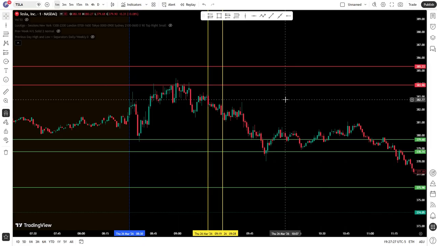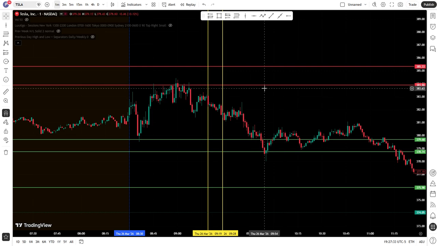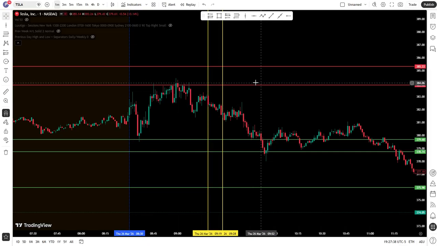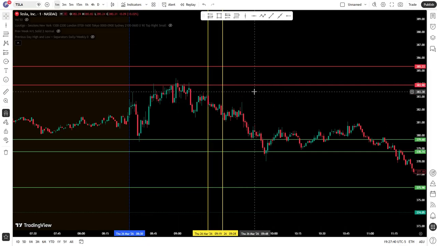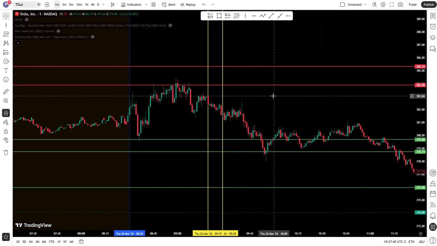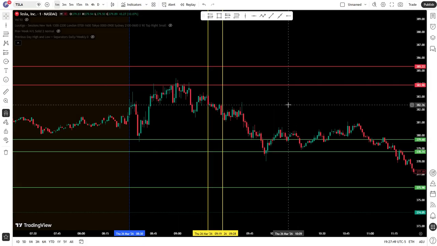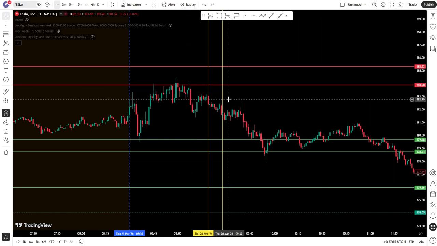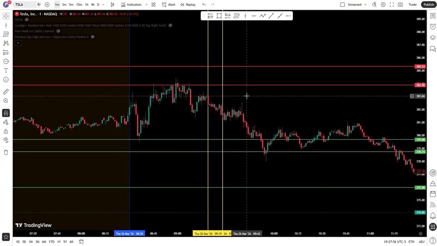So before we begin diving into this chart, I want to preface this discussion by saying this chart, especially if you haven't looked at TradingView much before or at all, is going to look very confusing and be very overwhelming. I'm not going to, in this video, necessarily explain a lot about how to set up the chart to make it look like this. In subsequent videos I will in the future, but